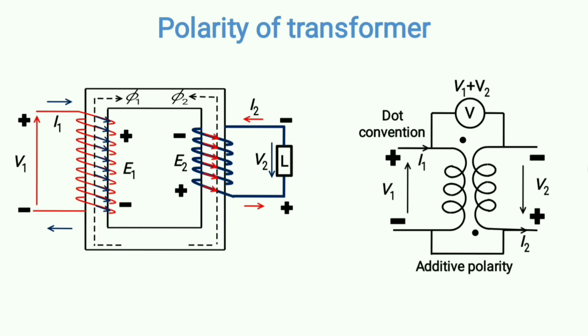So to prevent this, to have a proper connection in parallel operation, this dot convention is very much required, and that is why these things are done. The polarity test is that important. So I hope you now have a clear idea of what the polarity of a transformer is, how these plus and minus signs are built up, how the dots come into the picture, and how additive and subtractive polarity are determined. So now I hope these things are clear to you.